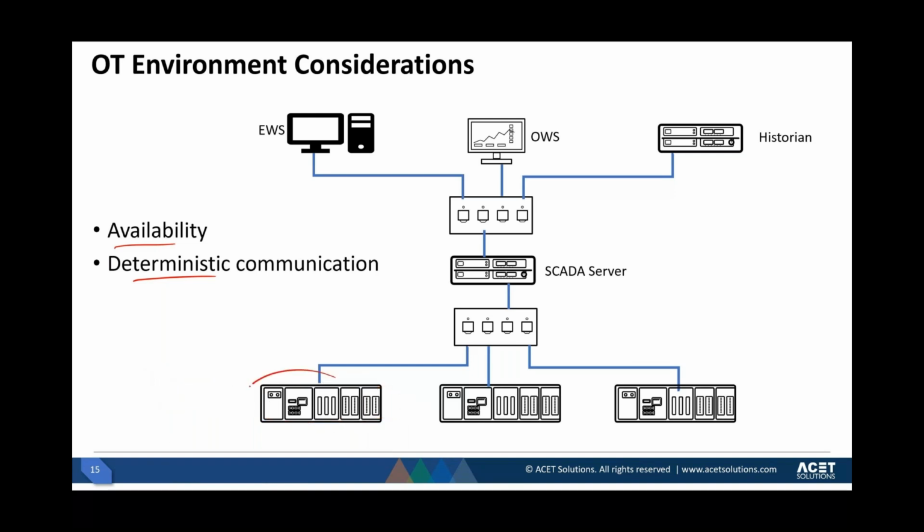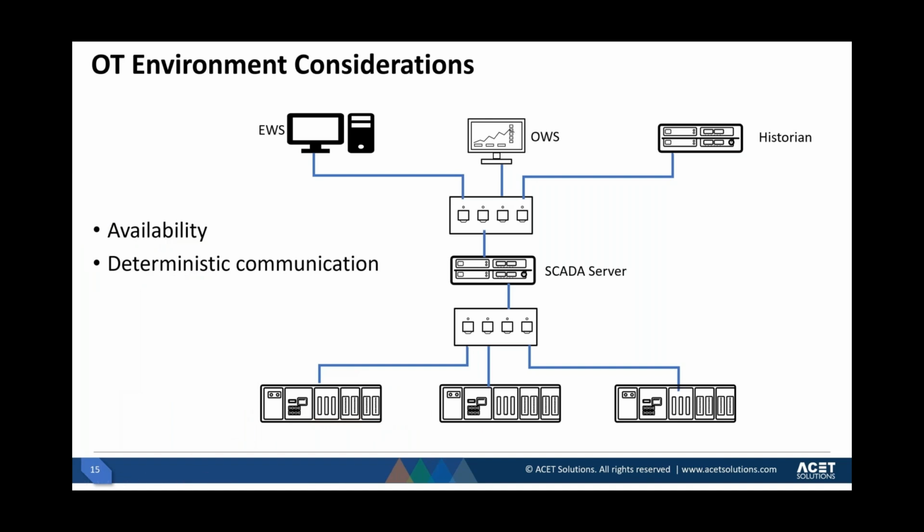If this PLC stops functioning, for example, then all the inputs and outputs it is controlling would go back to some predefined state. This is not a control systems class right now, but just understand that if this PLC shuts down or stops functioning or goes into some kind of blue screen of death mode or crashes, that means the plant operation will be disrupted. So that's one of the availability concerns that we have, that we don't want to do anything on the network that causes this PLC to stop functioning or malfunction or crash in any way. That's one part of availability.